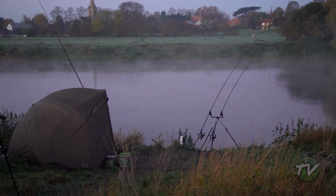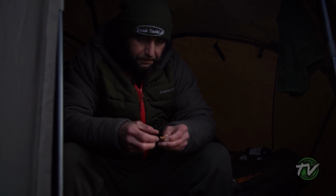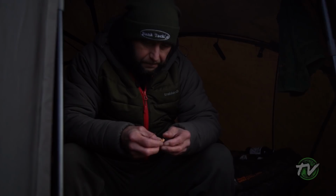We've got high pressure. I've had to change things, really change things and really scale things down, which I'll go through later on. Hopefully though we can still put a fish on the bank, but we're not fishing for numbers, we're fishing for bites at the moment, so really we scale right down to max tactics. I'll run through later on what I've actually done to...